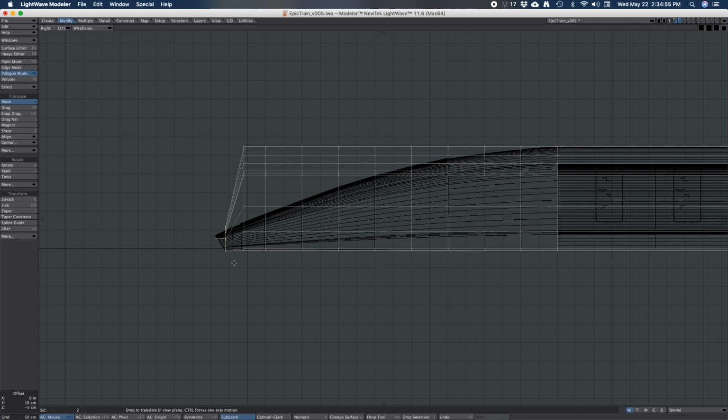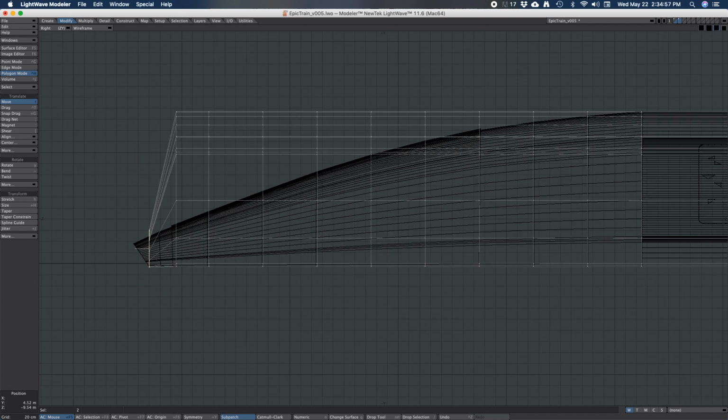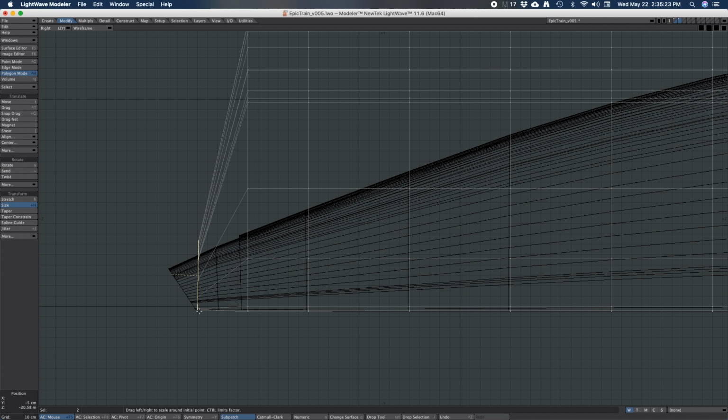Okay. And still shrink that down a little bit. There we go. And rotate from this base here. And there we go. Then I'm going to do the same thing for